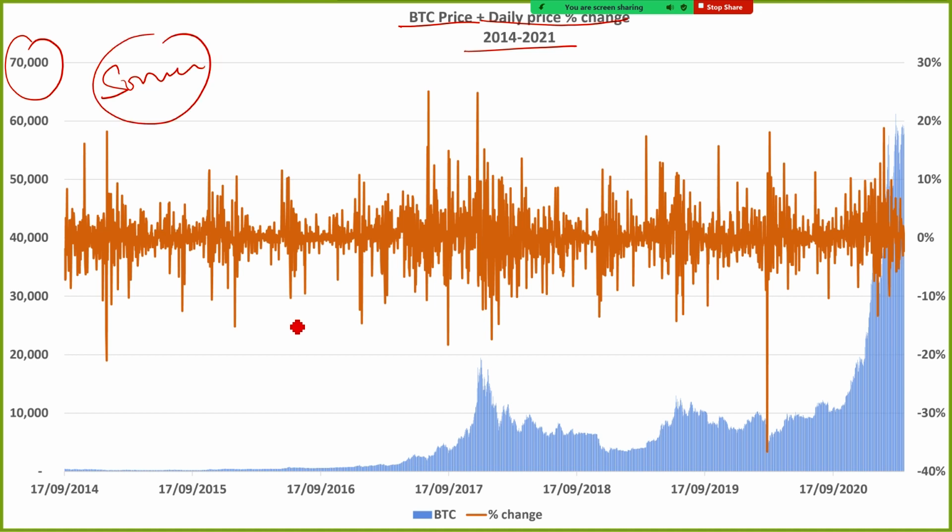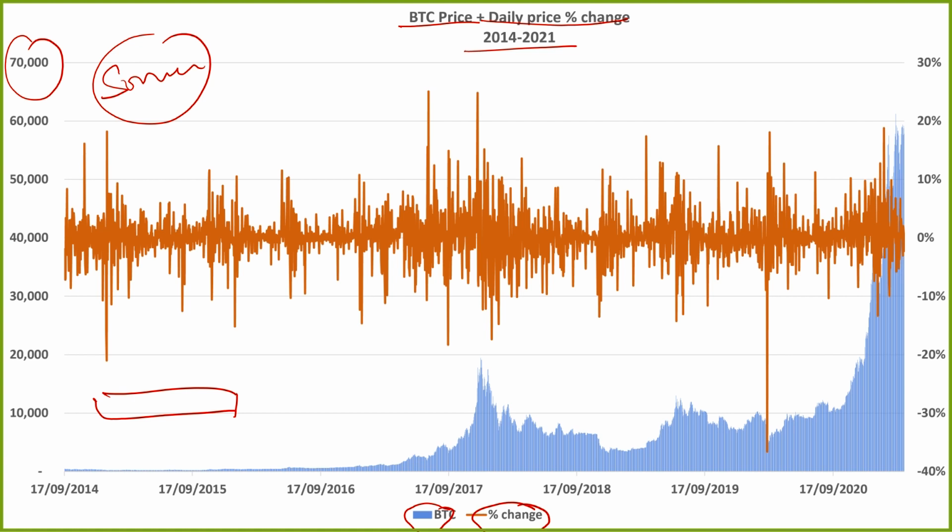The orange line here is percentage change. The blue bars are BTC. You can also see that there are two indexes. You can put in the title of chart. You can also put in a short footnote, right? You can just put a short footnote here that says source in small font. That also works. You have a different lens that gives you a sense of, in this specific case, we can